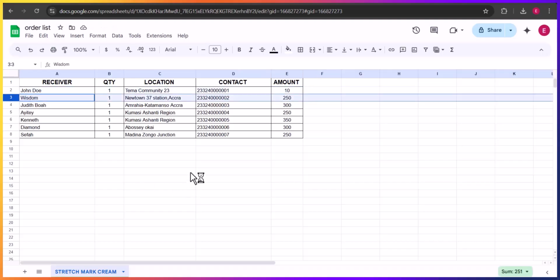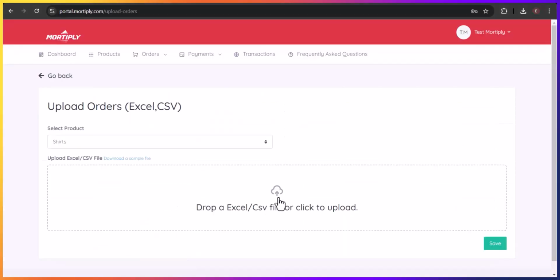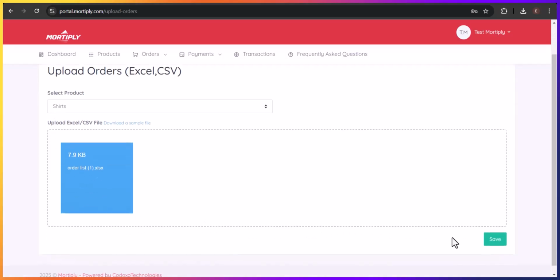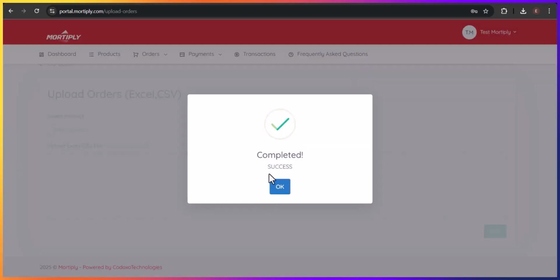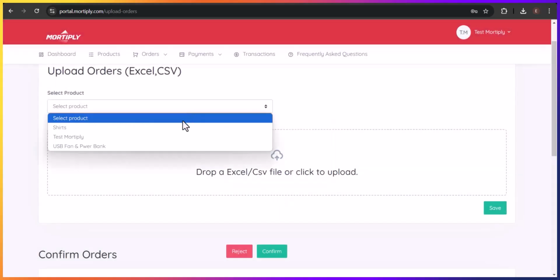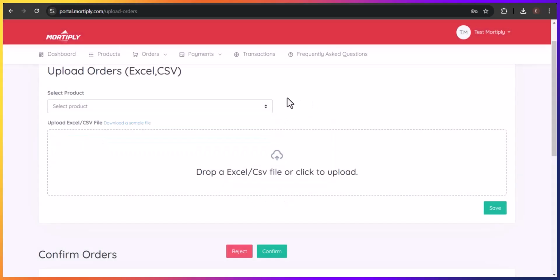Then when you are done, you can re-upload your orders to Mortiply just like I am doing, and allow it to upload. Once done, you can go ahead and save your order. So you can see it's saved successfully. Then you can go ahead and do so for other products if you have orders for them as well. So once those are